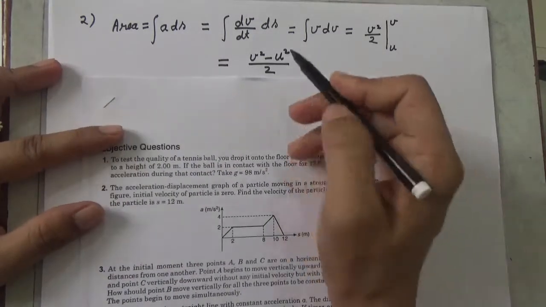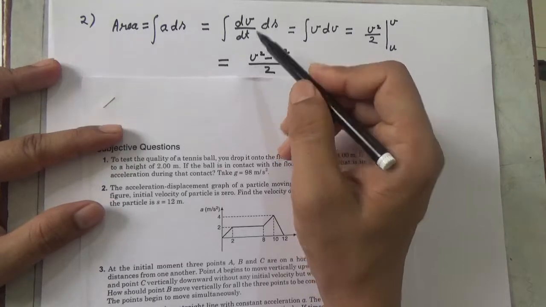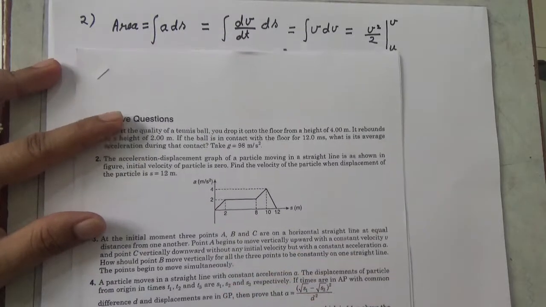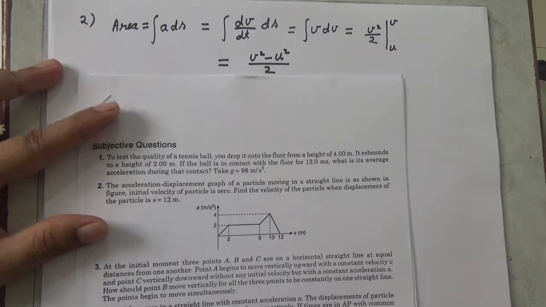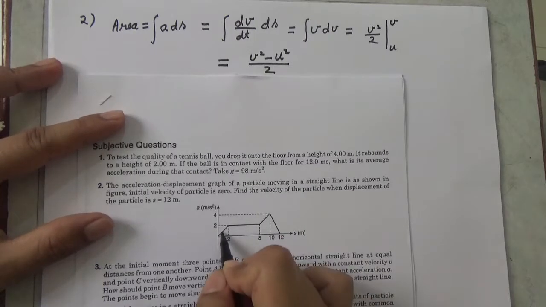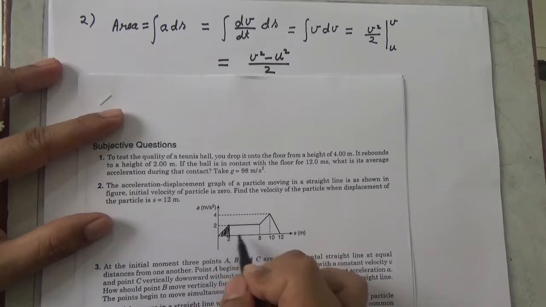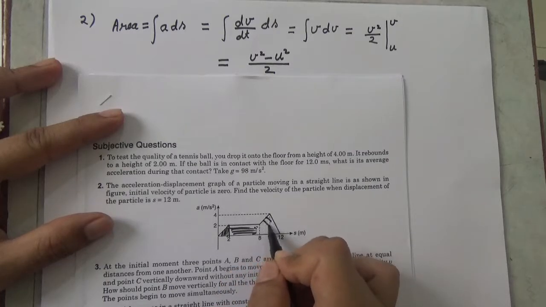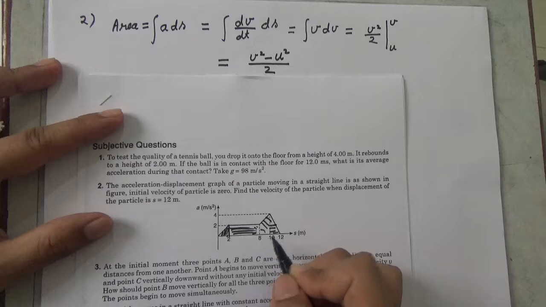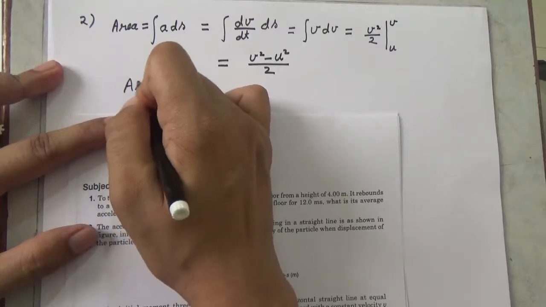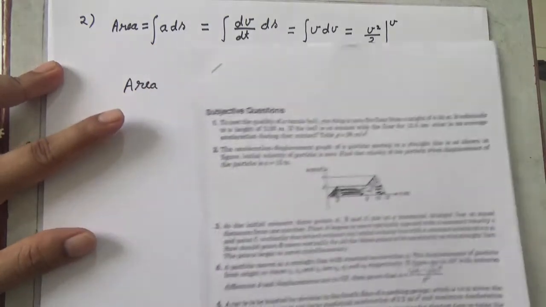Now since we have found the relation between velocity and the graph, we will try to calculate the area of this graph. So what is the area? For the area we can divide this whole area into 4 parts. The first part, the triangular part, then this rectangular part, then this trapezium, and then this again a triangle. So if we write the total area of this graph, we can write it, the area can be written as,